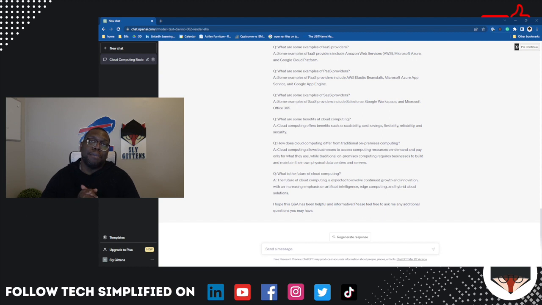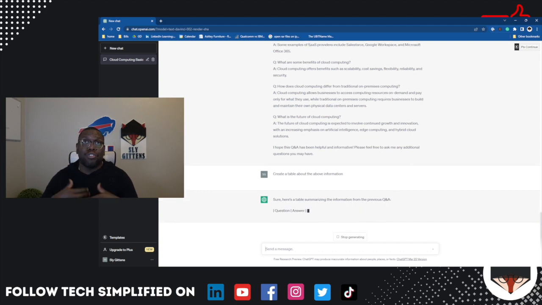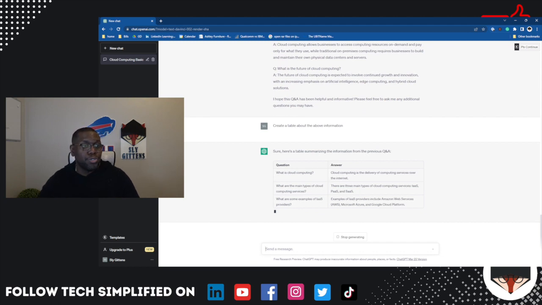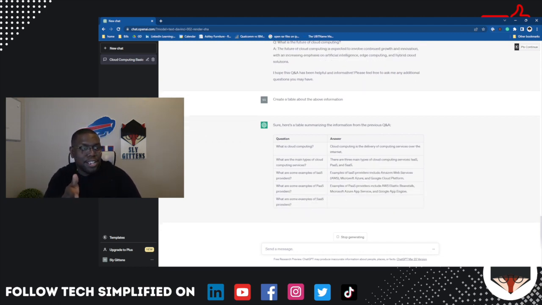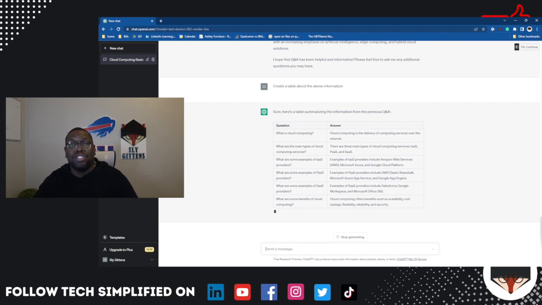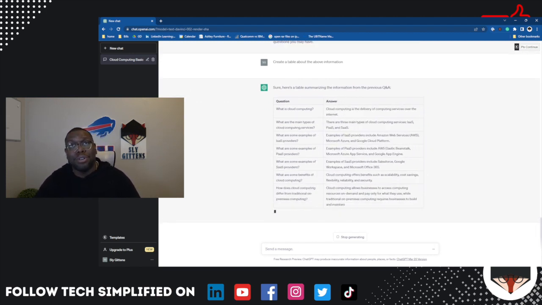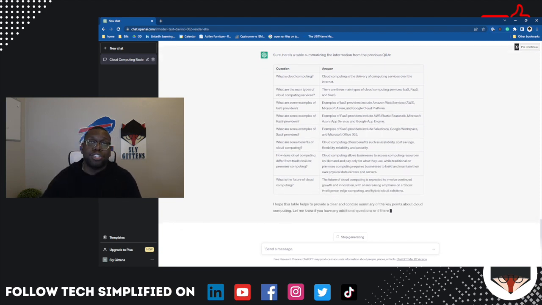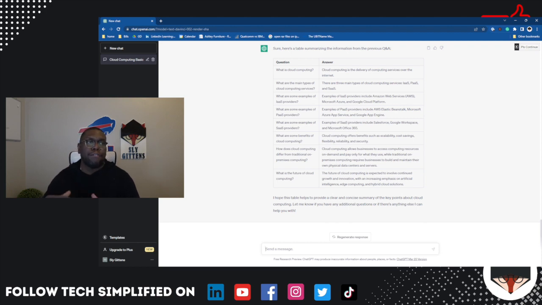And the last prompt that I want to talk about is leveraging tables. Tables are great. It's a great way to study. It's a great way to see information. So you can ask a simple prompt called create a table about the above information, right? Or if you didn't have information, you can say create a table about the topic, right? It's a great way to visualize what you're doing. So what is cloud computing? The answer is there. You can leverage this if you're a technical writer like myself sometimes, you can put that inside of your blogs. You can put that in your data sheets, and so on and so forth. It's so impactful how to leverage this.